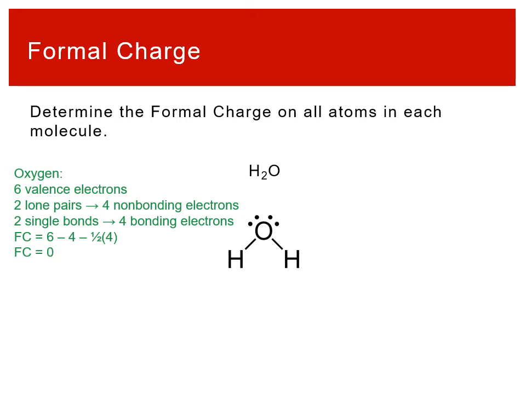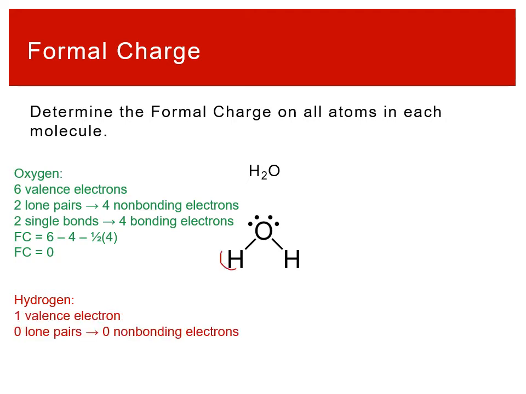So oxygen usually forms 2 bonds, and it has 2 bonds and 2 lone pairs here. So formal charge of 0. We'll look at hydrogen, this first hydrogen over here. I can see no lone pairs, and so no non-bonding electrons, but it has 1 bond, and that is 2 bonding electrons. So the hydrogen has a full 2 electron valence. So its formal charge is 1 minus the 0 lone pairs minus 1/2 times 2,